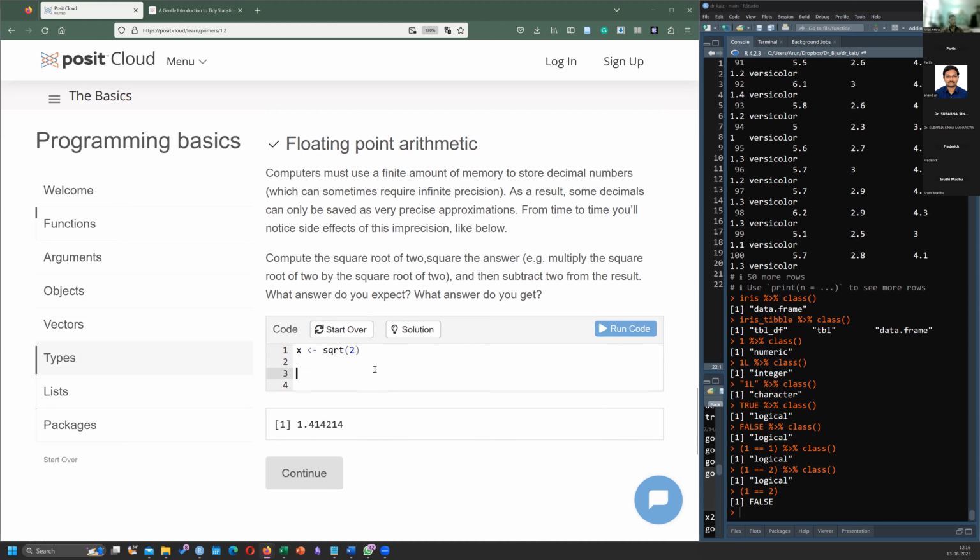How do you square X? It's not 2 times X. How do you write X squared in R? X raised to the power 2. And let us save this as Y.